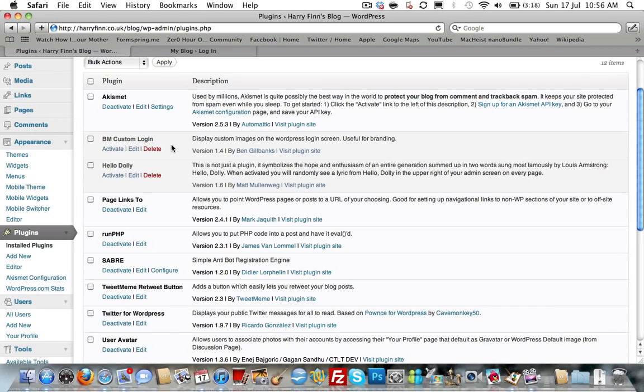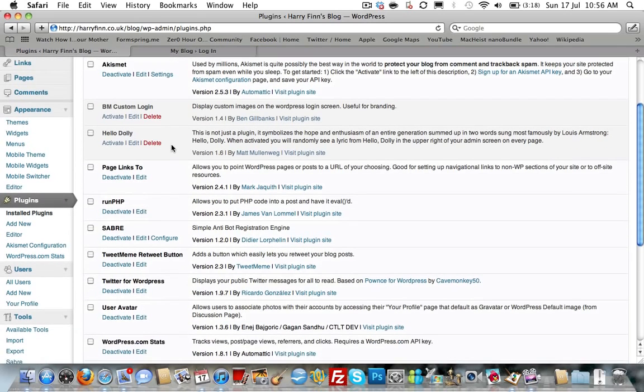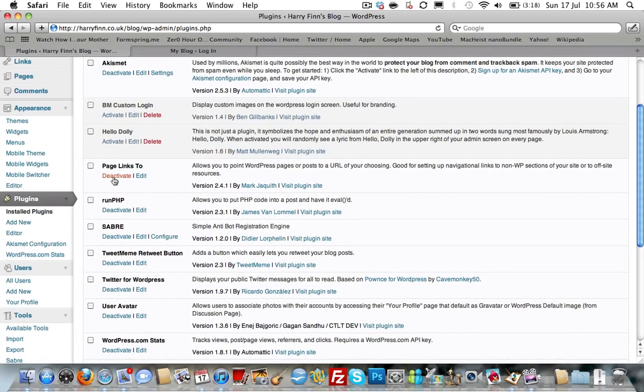It's quite useful, especially if you're designing a site for a client that wants their logo. You thought it'd be nice to have their logo rather than WordPress, or say have WordPress and then their logo with it as well. Just gives it a bit more of a custom feel. Page Links To, a very, very useful plugin, and I nearly always end up using this on a site